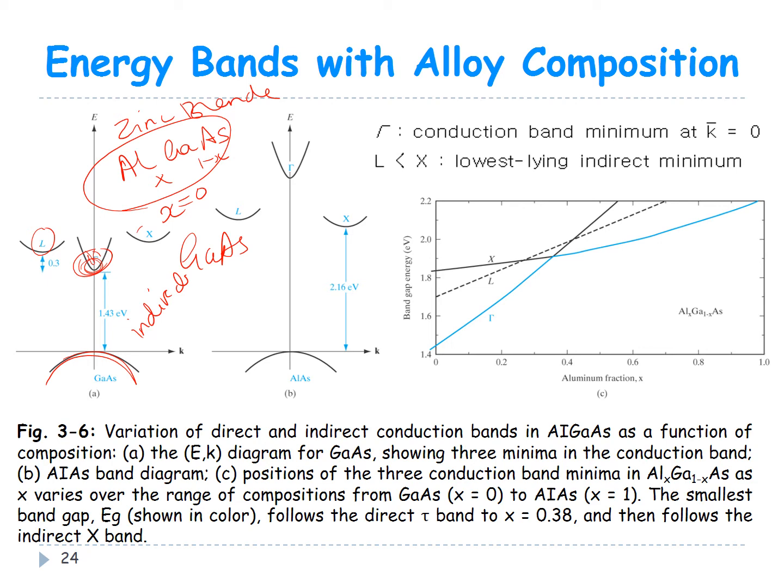Now you can see that as you add aluminium into this gallium arsenide semiconductor to make it aluminium gallium arsenide, the position of these conduction band minimums actually vary, such that when you increase aluminium and decrease gallium to a point where you have aluminium arsenide, where X becomes 1, then you end up with aluminum arsenide, you find that